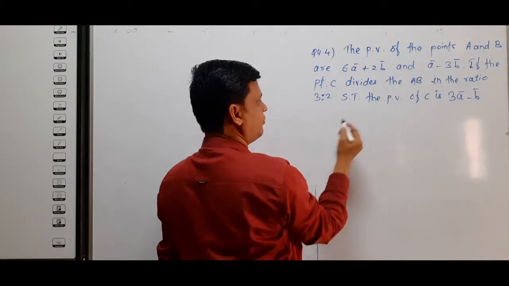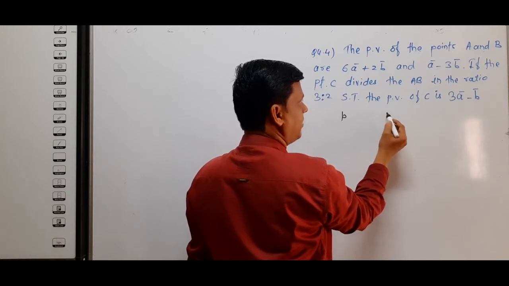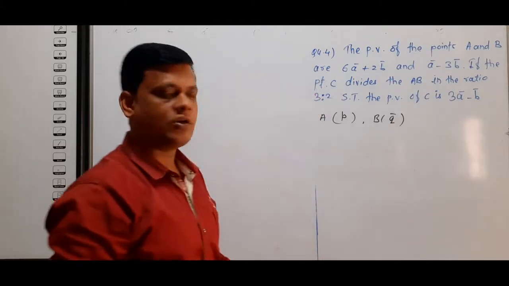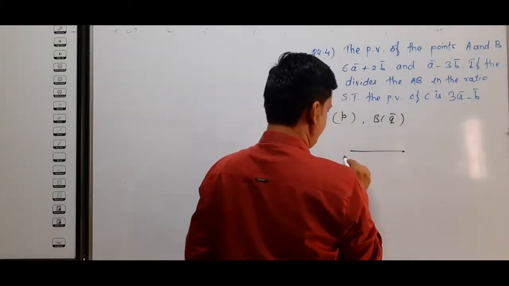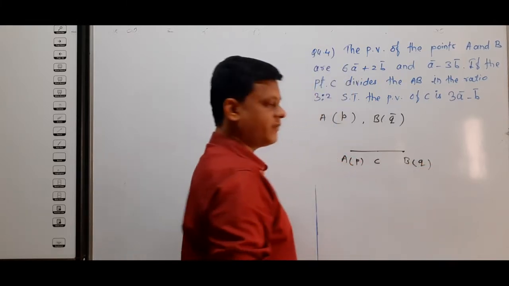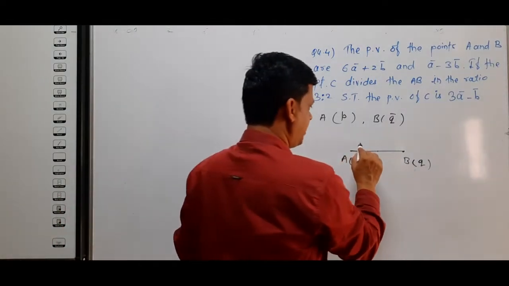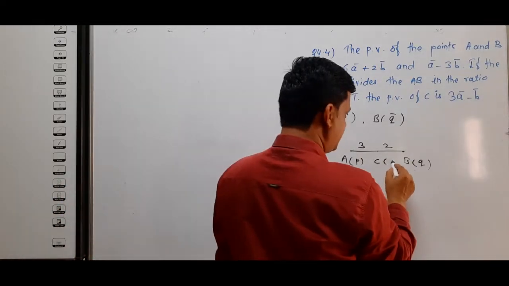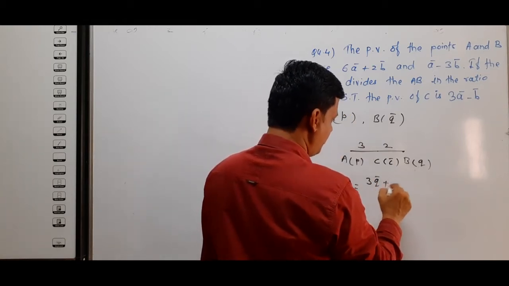So if we consider the position vector of this point A is p bar and position vector of B is q bar. So A of p bar and B of q bar be the position vectors of points A and B. So this point C divides this segment AB in the ratio 3:2. So we take here ratio 3:2. If the position vector of point C, which we consider c bar, so we write here c bar equals 3 into q bar plus 2 into p bar